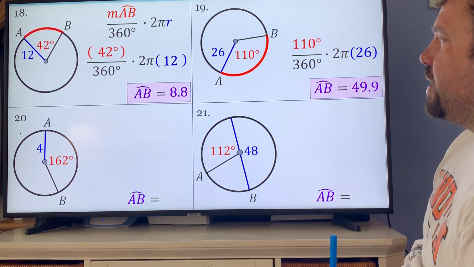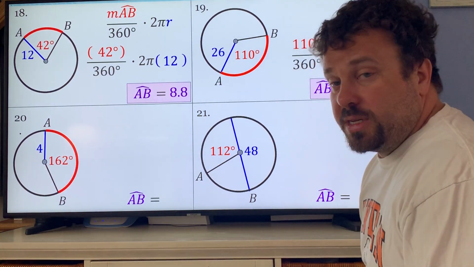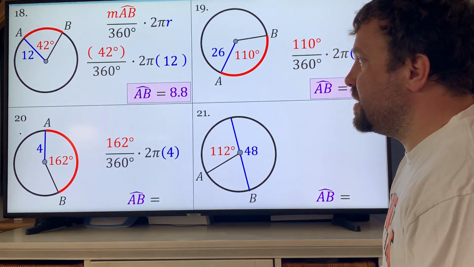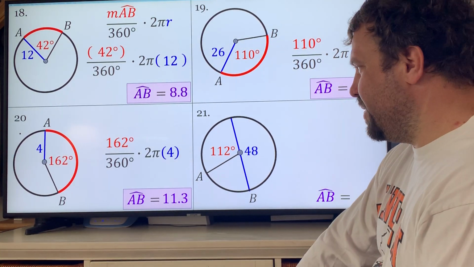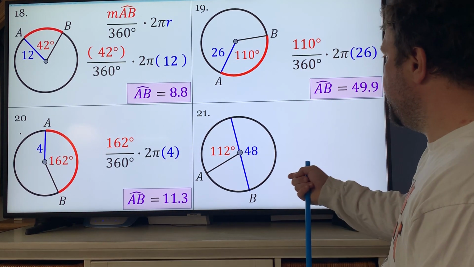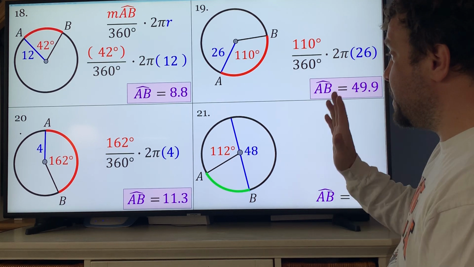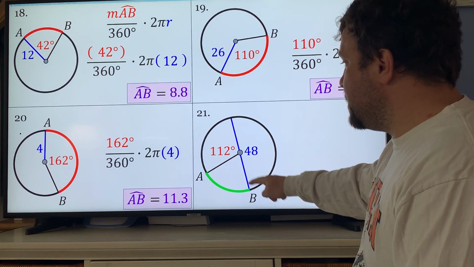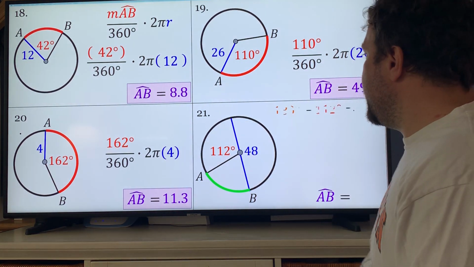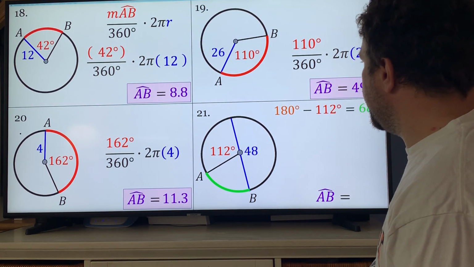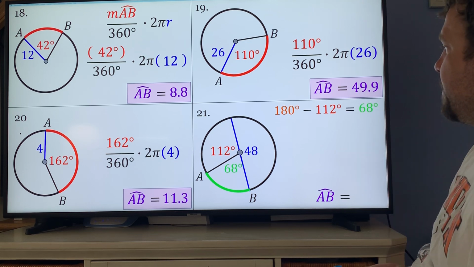Problem number 20, you're finding AB. AB is 162. 162 divided by 360 times 2 pi 4 is about 11.3. Problem 21, you're finding AB right here. Now, this is where it gets a little tricky. 180 degrees, that's 112, so that's not AB. So you have to do 180 minus 112. You get 68. 68 divided by